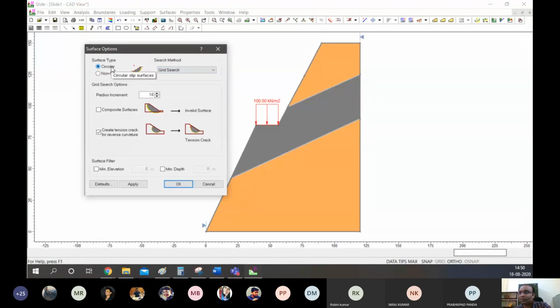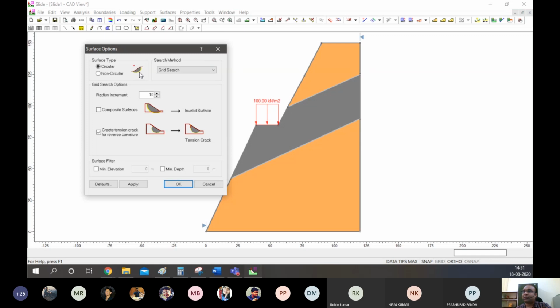In circular failure, we have a grid search, slope search, or auto refine search. These are algorithms which decide how to put the center as well as what the radius of the slip circle is. Yesterday, if you remember, we discussed two things: the center of the circle and the radius of the circle.